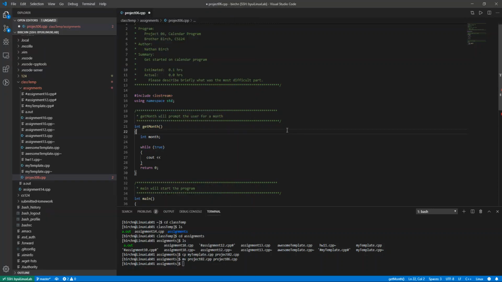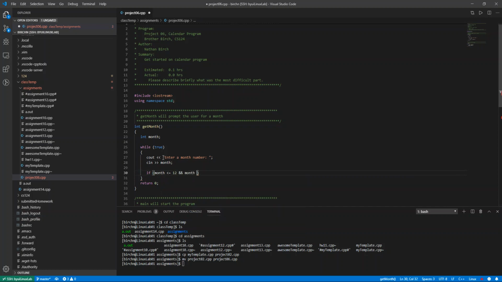Enter month number. So console out, enter a month number. Then cin, we already declared month, so I'll assign it to that. Now we need to check it. So if month is less than or equal to 12 and month is greater than or equal to 1,